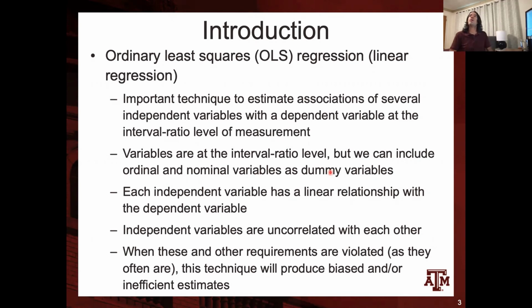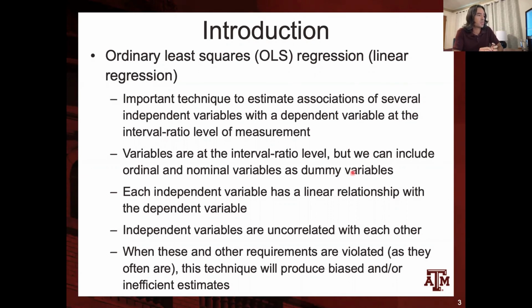So if I have, for example, years of education, but it makes more sense to group people into specific subgroups within years of education, such as less than high school, college, and graduate degree, we can group these people into these subgroups